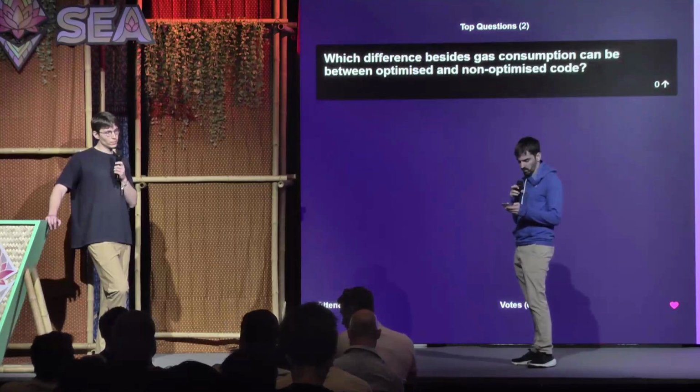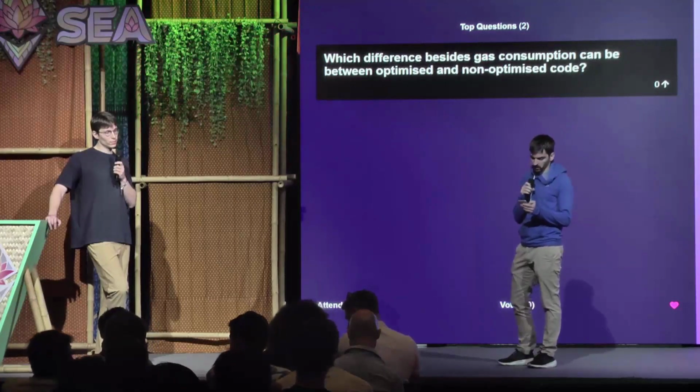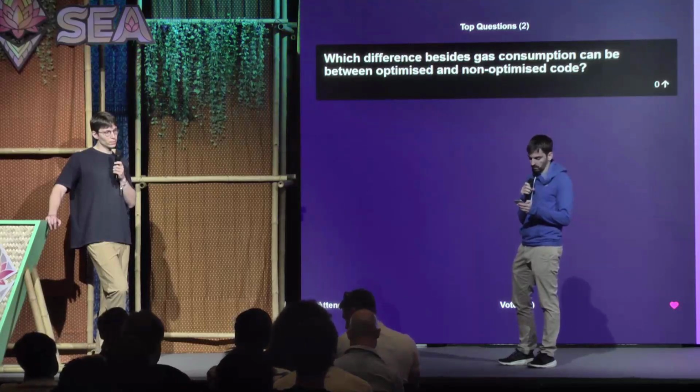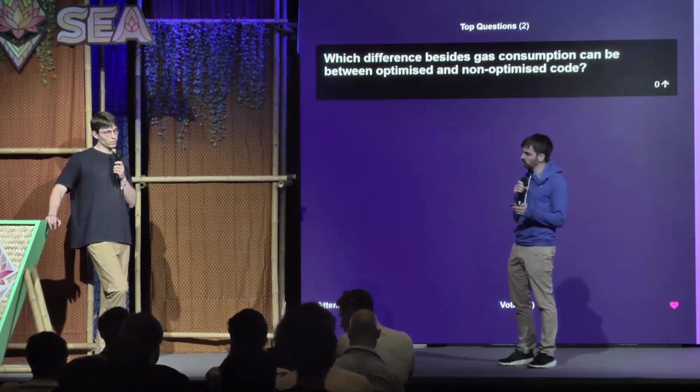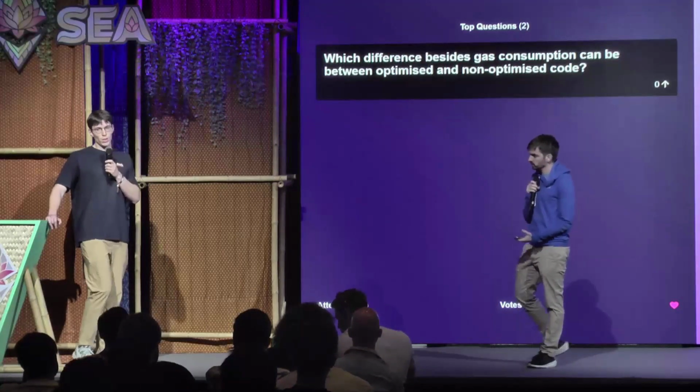Which difference besides gas consumption can there be between optimized and non-optimized code? So optimized code depends on the number of iterations that you optimize it with. There's a flag that basically says, I want this contract to be executed optimally if it is executed X times, and you can say that it's 1,000 times. So if it's executed 1,000 times, on average, it should have